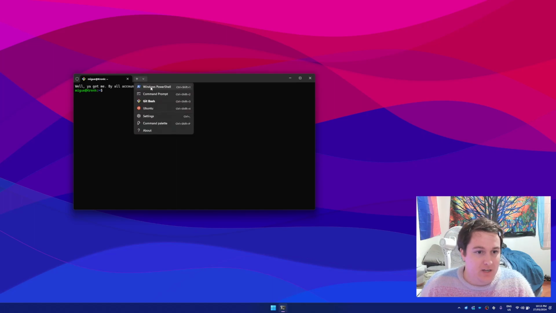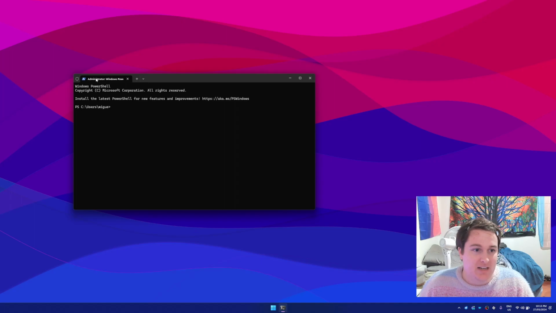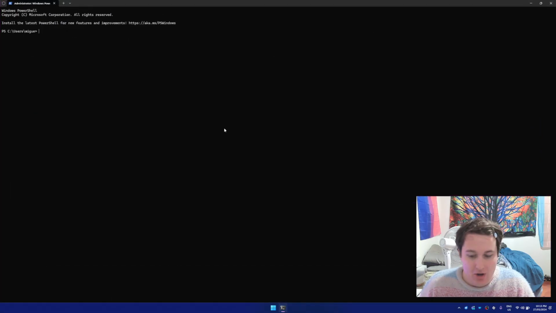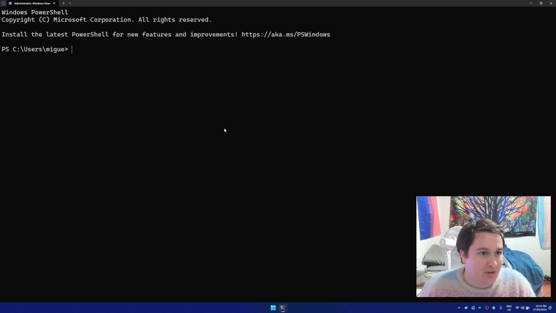And now if I go here and choose from this drop down, choose Windows PowerShell, and you can see it says Administrator Windows PowerShell. I'm going to zoom in a little bit. Why isn't, please, I am begging you. There we go, it does let me zoom in, nice. So I'm going to zoom in, and you can see I've just got this prompt here. I'm going to give it the command